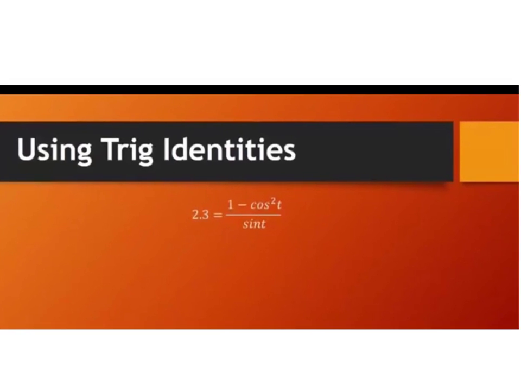Alright, so for this problem we are still trying to solve. Instead of using x, we're using t, but again, it still means the same thing. So again, we want to look at our equation and see, is there anything we can substitute to try to simplify this down? Going off the Pythagorean theorem identities that we just went over, we can substitute our 1 minus cosine squared of t. So again, what we can do here is substitute in our identity. So instead, we would have 2.3 is equal to sine squared of t over